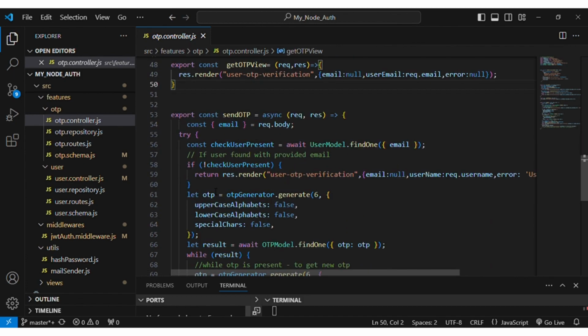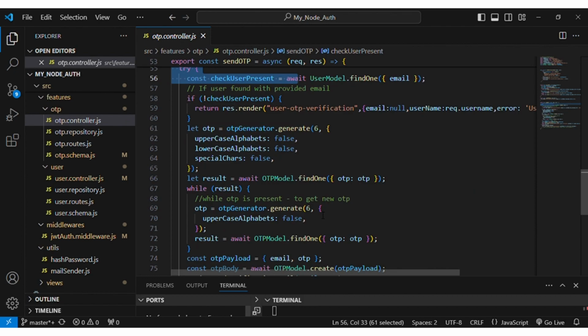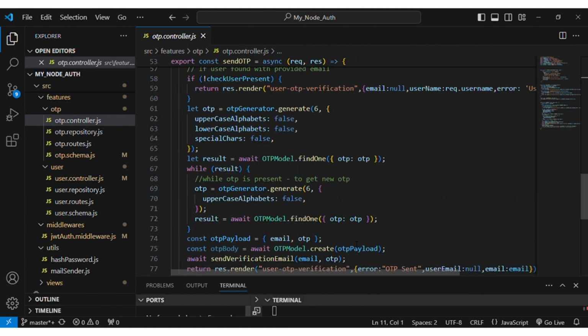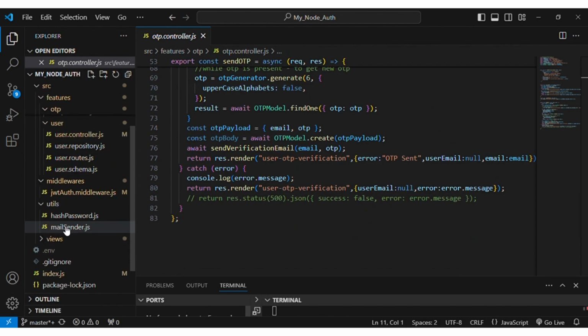These are the pages that we serve over here. The send OTP function does nothing but send the email with the OTP. This is the library that we use from Node.js. The library is called OTP generator that we are using over here. Okay, so this is pretty much it, and the one more thing that we have over here is the config